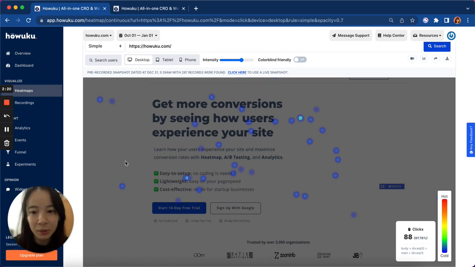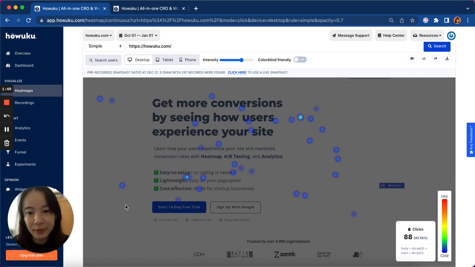speed. So maybe they click on lightweight to find out more about how light, what is the weight of the Heroku tracking code, and they want to know more about whether Heroku will affect their page speed, because the loading speed is a very important factor in the impact on your conversion rate, right? So maybe how we can improve our user experience is to